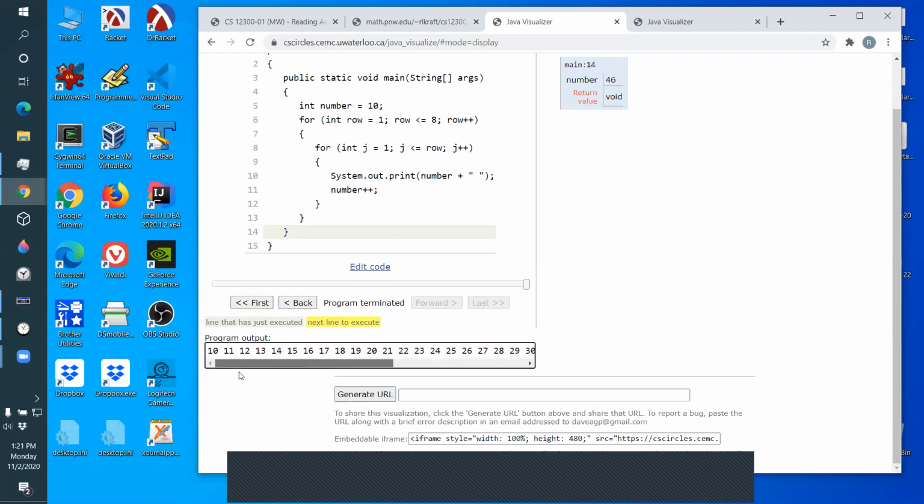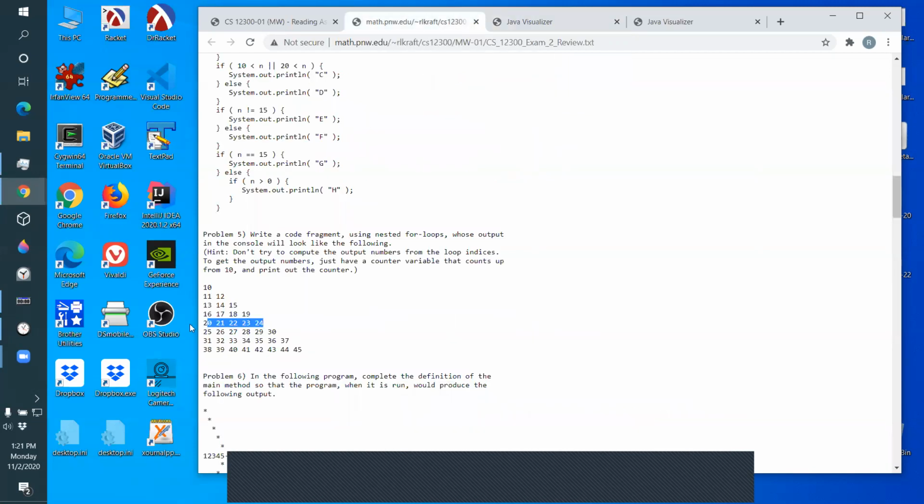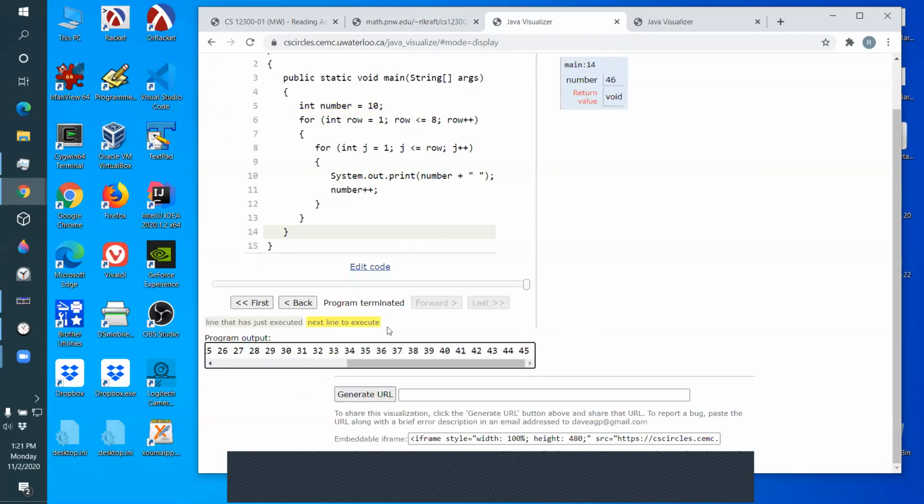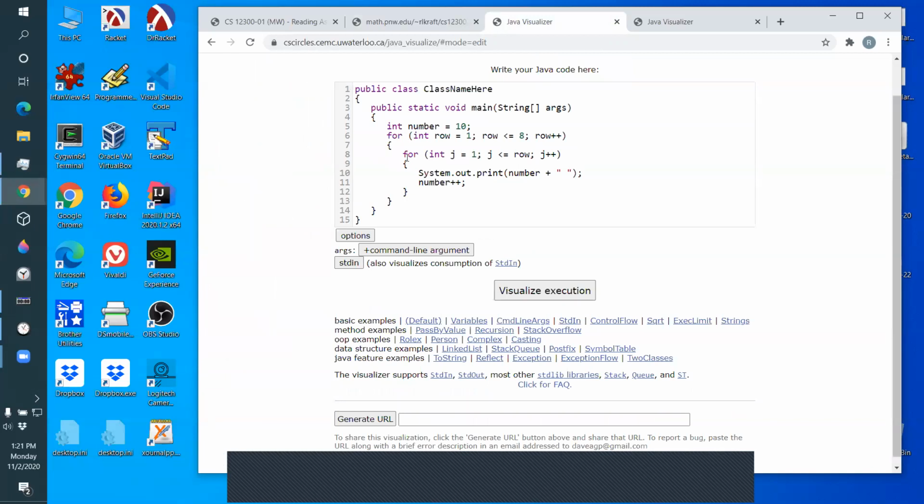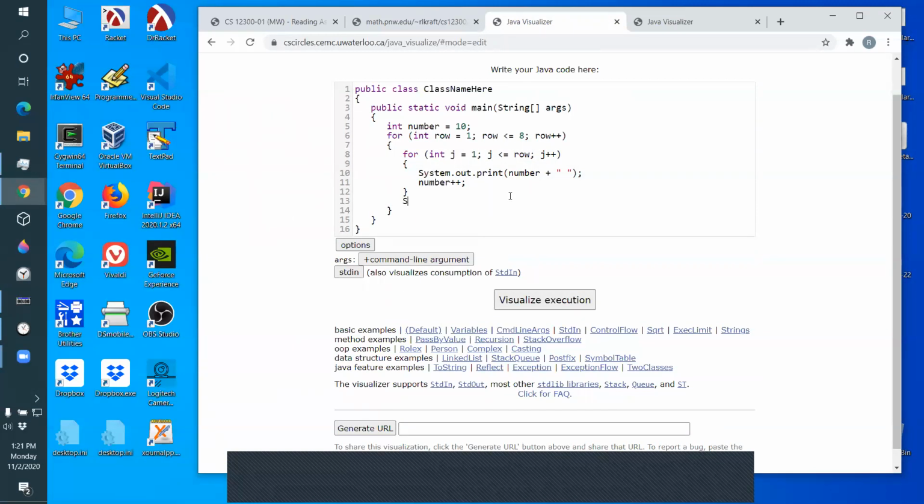Now look, do I get the numbers right? 10, 11, 12, 13, 14, 15, 16, all the way up to 45. Okay, I'm going from 10 to 45. So I think what I'm only missing is that System.out.println. Now, where does it go? This prints out 1 row, right? So at the end of that loop is the